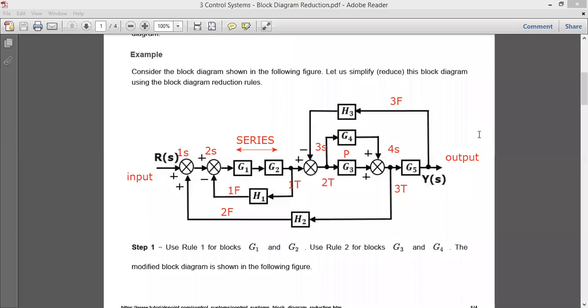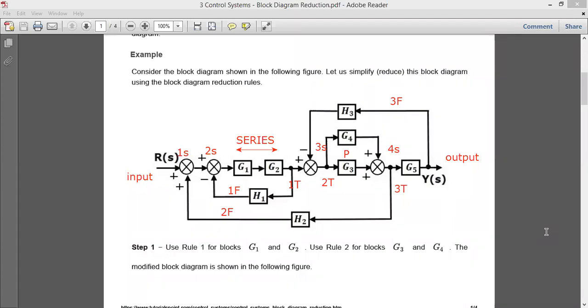Always remember, before solving any problem related to block diagram reduction, such problems will appear in the question paper. So do not rush to apply the rules, all the 6 rules. Before applying them, you should know each and every detail of the figure. That is what I have shown you. Just to make it simpler, I have written it like this. You have to observe which is in series and which is in parallel. How many feedbacks, how many summations, and how many takeoff points.